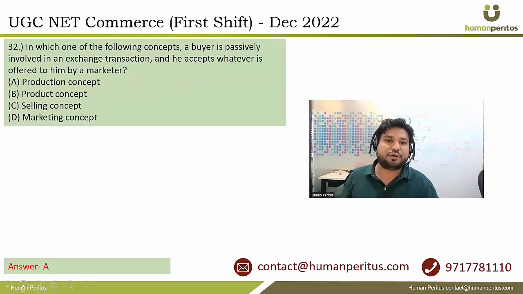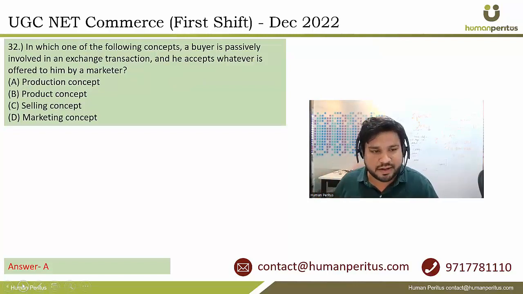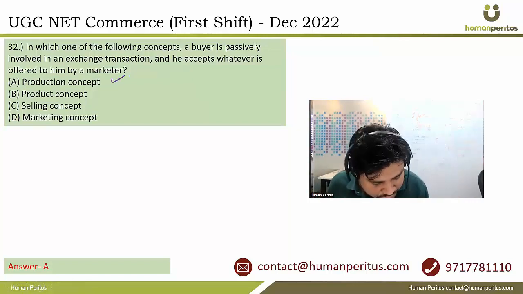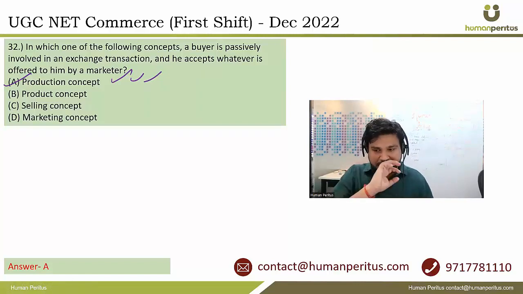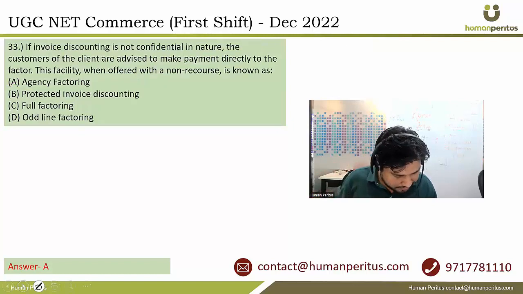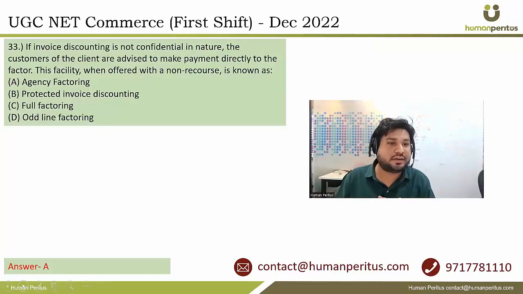In which one of the following concepts a buyer is passively involved in an exchange transaction and he accepts whatever is offered to him by a marketer? यानी बायर्स की हमने चॉइस हटा दी तो हम मास में प्रोडक्शन कर रहे हैं, और इसी को हम कह देते हैं प्रोडक्शन कॉन्सेप्ट। कुछ प्रोडक्ट ऐसे हैं जिनमें क्वालिटी का इतना मैटर नहीं करता, बस वो होने चाहिए, जैसे स्टील है, राइट, वो होना चाहिए, खरीद लेंगे।